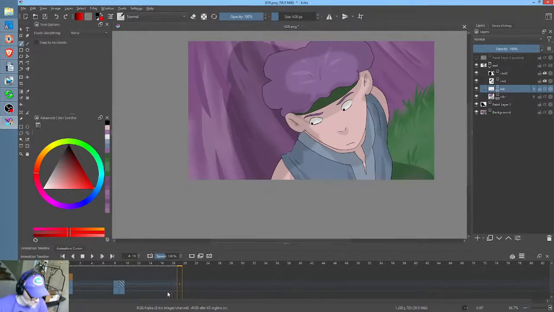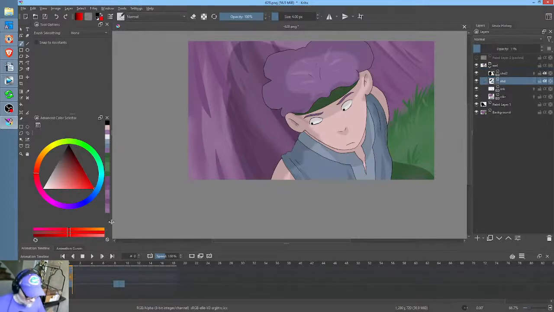Okay, and by the way, if you wanted to have a little bit of fun with this, let me show you how you could have some fun with this shot, actually. A lot of fun, as a matter of fact. I'm going to go ahead and put animation keyframes in everywhere. And then what I'm going to do is hit Shift Alt and drag these to the left. So basically the shot starts and